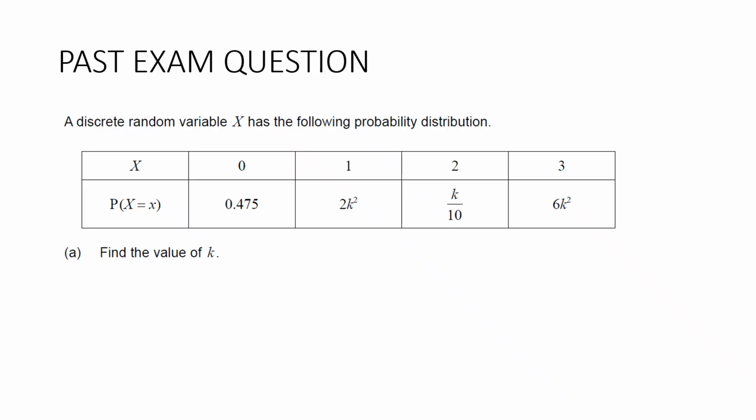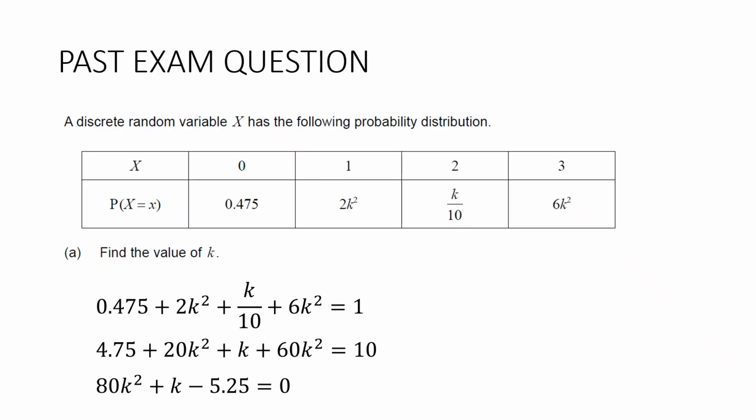Here's a past exam question. A discrete random variable X has the following probability distribution. Part A, find the value of k. So we know that all of these probabilities added up have to equal 1. So we're just going to do that. And tidying it up,